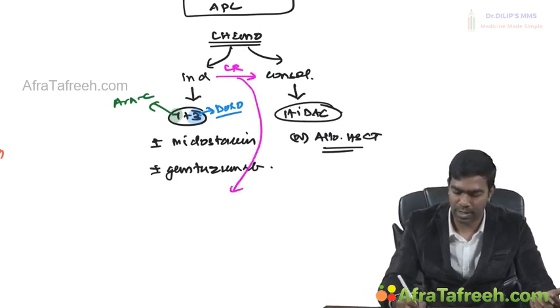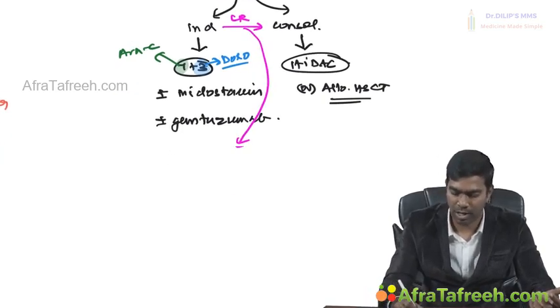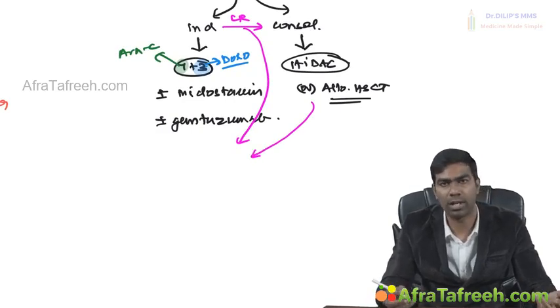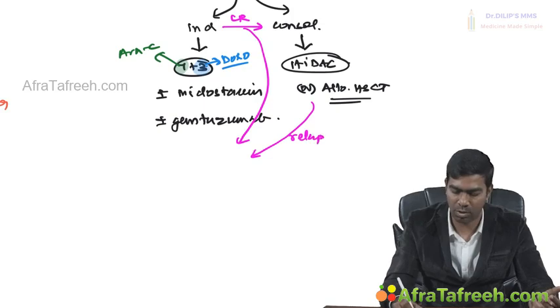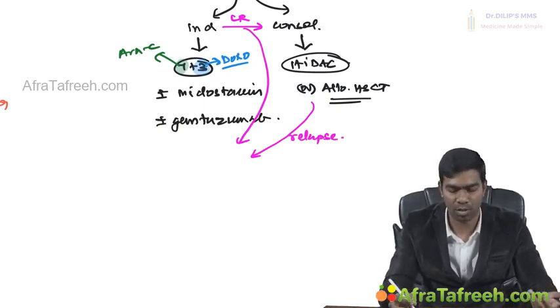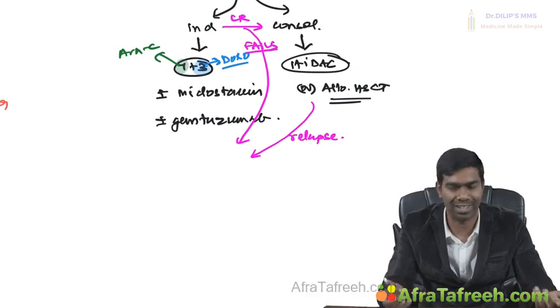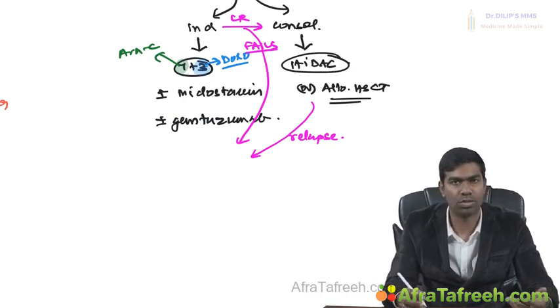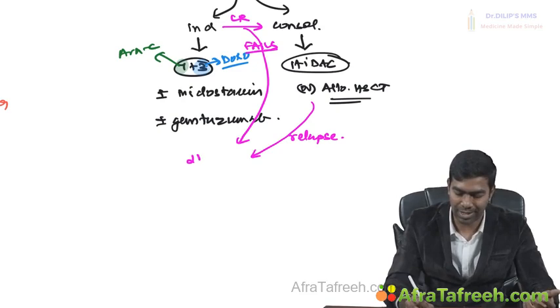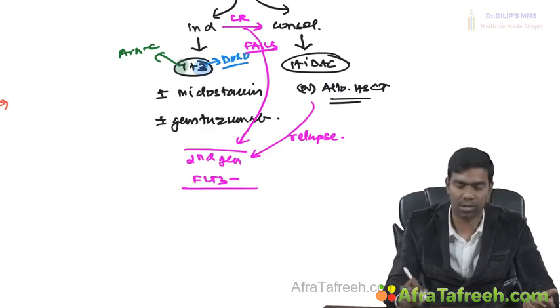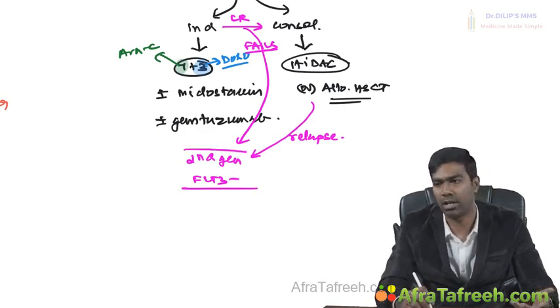Suppose you don't get the complete remission, or after using the consolidation you get a relapse. You call it a relapse after the consolidation regime, or if your complete remission is not at all achieved, that's called a failed regime, or what we call refractory disease. In those conditions you can use other drugs like second generation FLT3 inhibitors, like gilteritinib, and you can use like